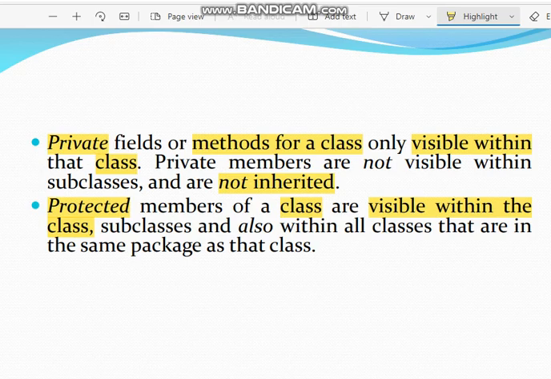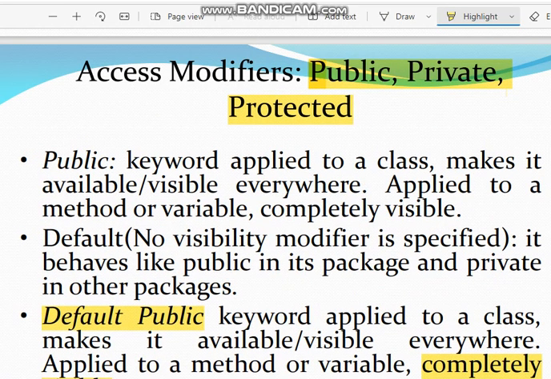There are three access specifiers: public, private and protected. With access specifiers, who can use them? You can use them with a class, or with a member variable, or with a member function. If you are declaring it as public, then the class or the member function or the variable will be visible to all. But if you are declaring it as private, then it will not be visible to all. And protected also gives the same thing. Okay, next,